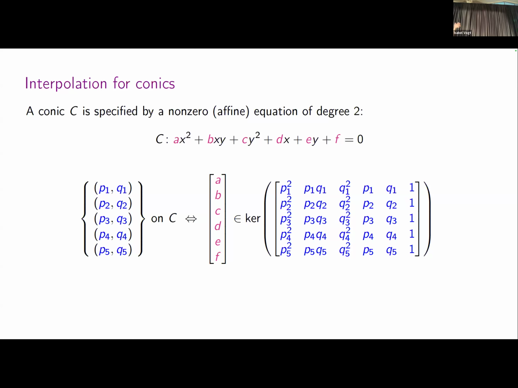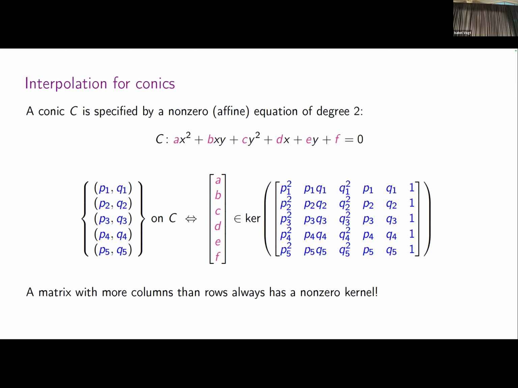So I have 6 variables, A, B, C, D, E, F, I'm trying to solve for, and this is a 5 by 6 matrix. And so what's the insight of this proof? A matrix with more columns than rows always has a non-zero kernel. And so I can find a non-zero A, B, C, D, E, F that satisfies this, and hence a conic